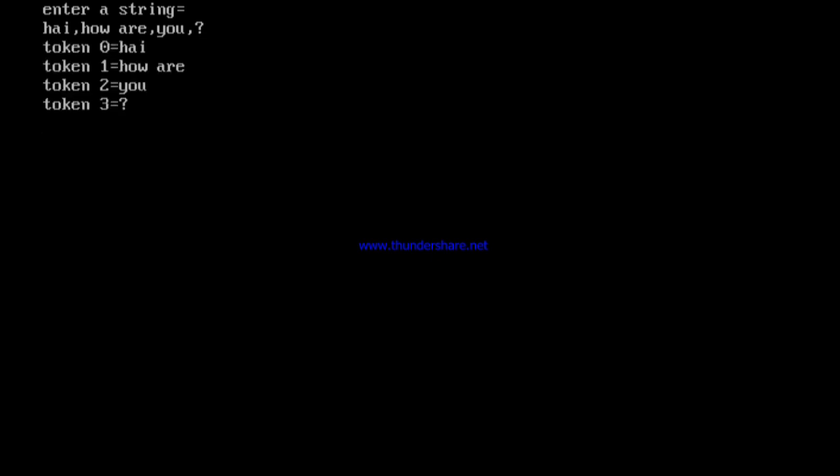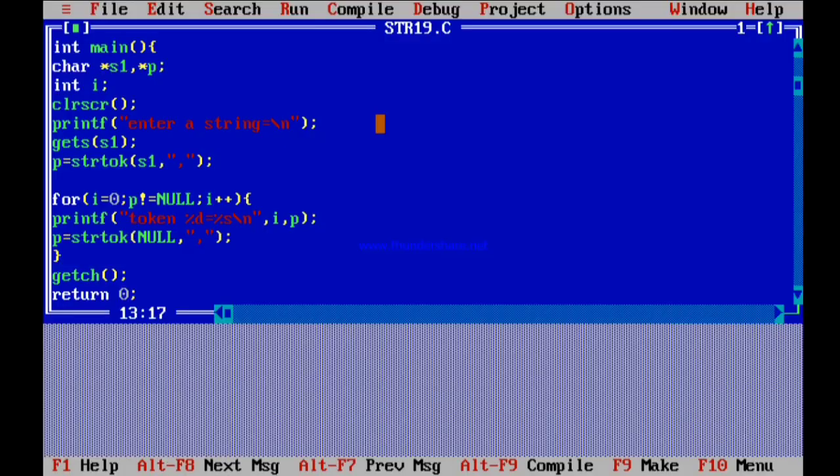Here you can see that token 0 is hi, token 1 is how are. You can see clearly that a space is not taken as the dividing delimiter, because I have given a comma. So the space is included, how are is converted into a single token, and then again you and comma. Okay, so this is how this string tokenizer works.